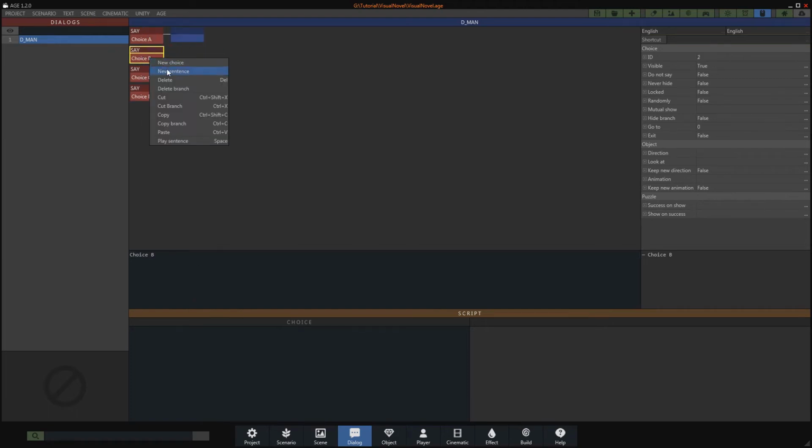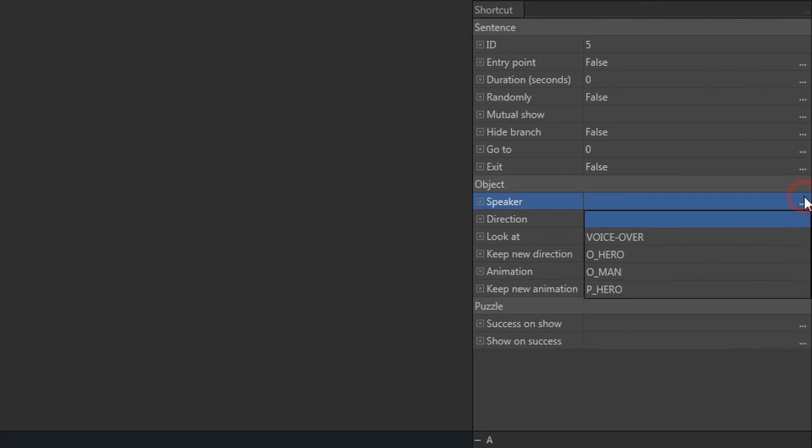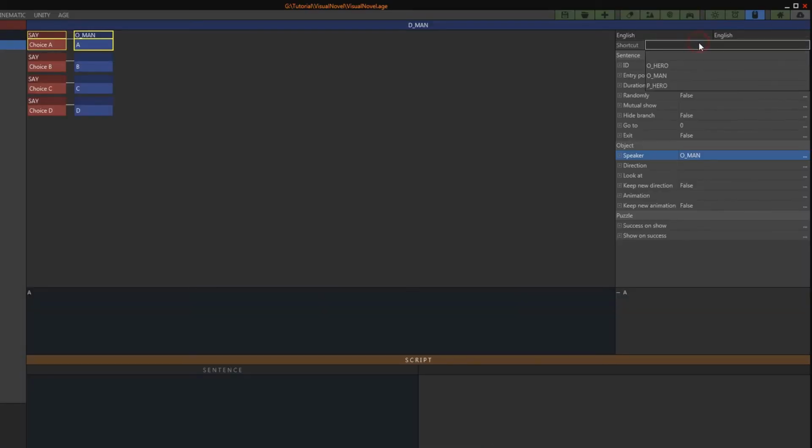For the choices, it is not necessary to indicate the name of the character, because it will always be the character controlled by the active player. On the other hand, for the replicas, it must be done by selecting the box and modifying the speaker field. As these are the responses of the character that we have placed in the background, all you have to do is choose their name from the list. To go faster, you can select it in the shortcut field and then double-click on the boxes concerned.